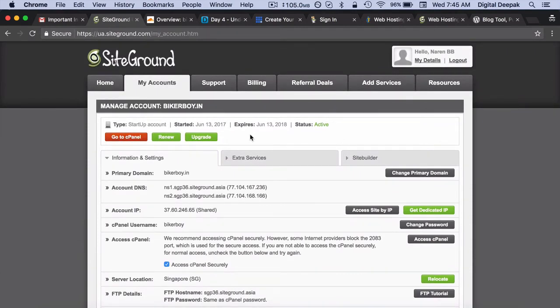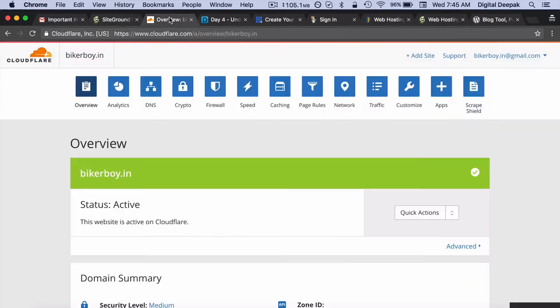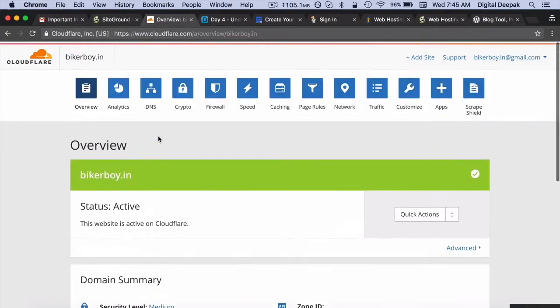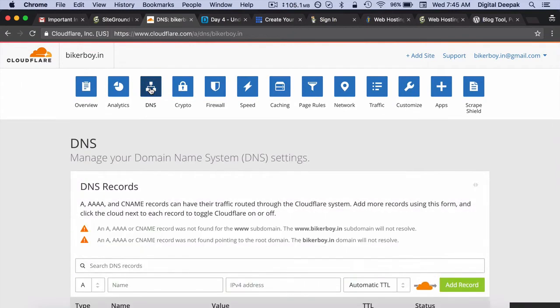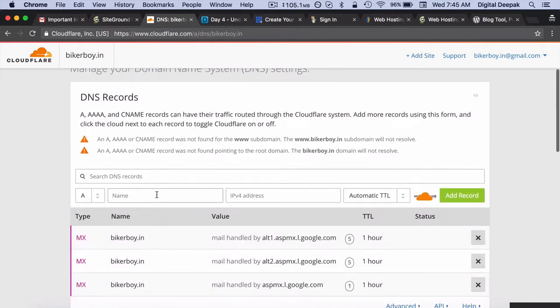So what we can do now is, in the previous video we talked about Cloudflare DNS, where you have to create a record for your website, and if you point the record in the DNS, then it will point to the server IP address. Here you can see that now that we have created a hosting account, we have an account IP address. No matter where you buy hosting from, they will always give you an IP address, which is where the server is hosted. So I would go ahead, copy this IP address, go back to DNS,